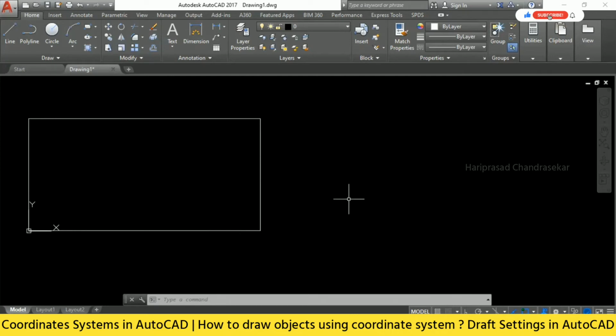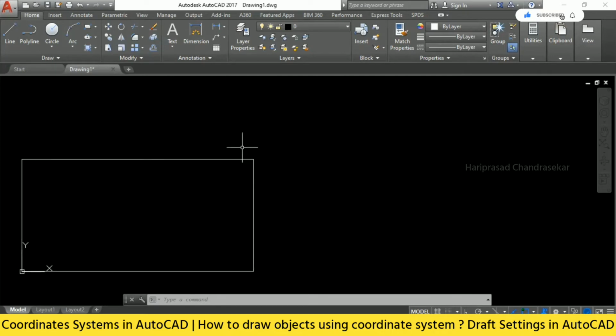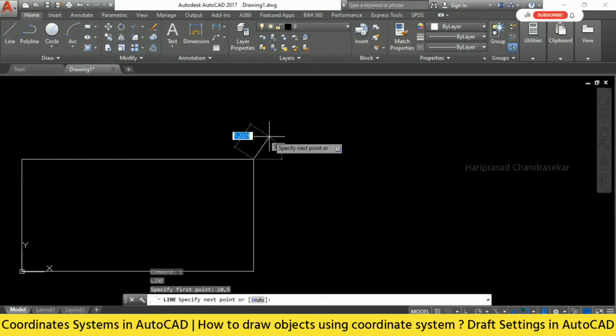Now I want to draw a line from this point. L, enter, and the first point is asked, so you must know the x, y of this point. The x, y of that point is 10, 5, so it automatically takes that point as the first point. Next point is asked.